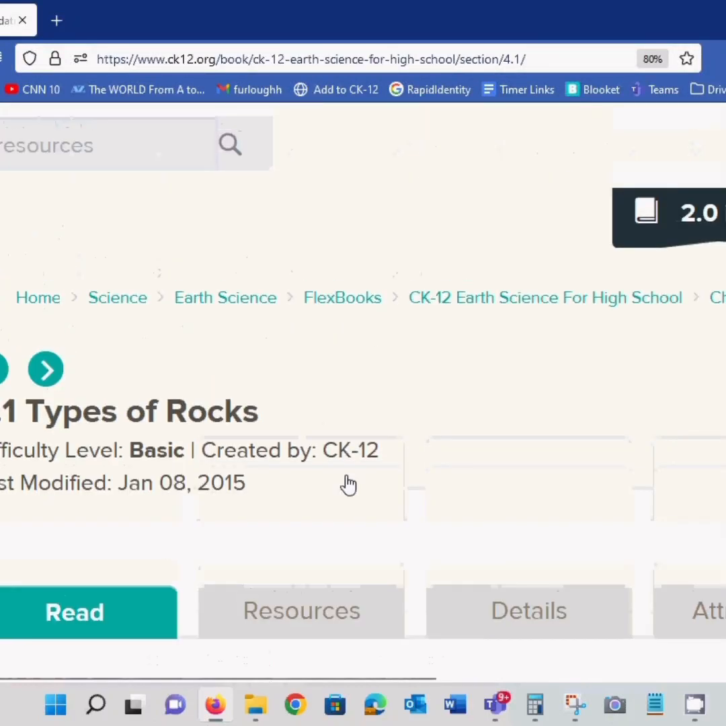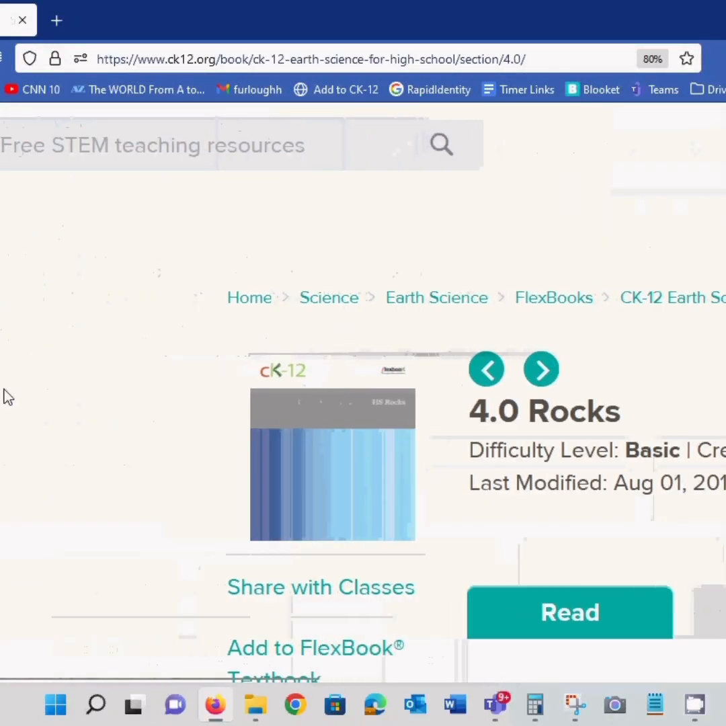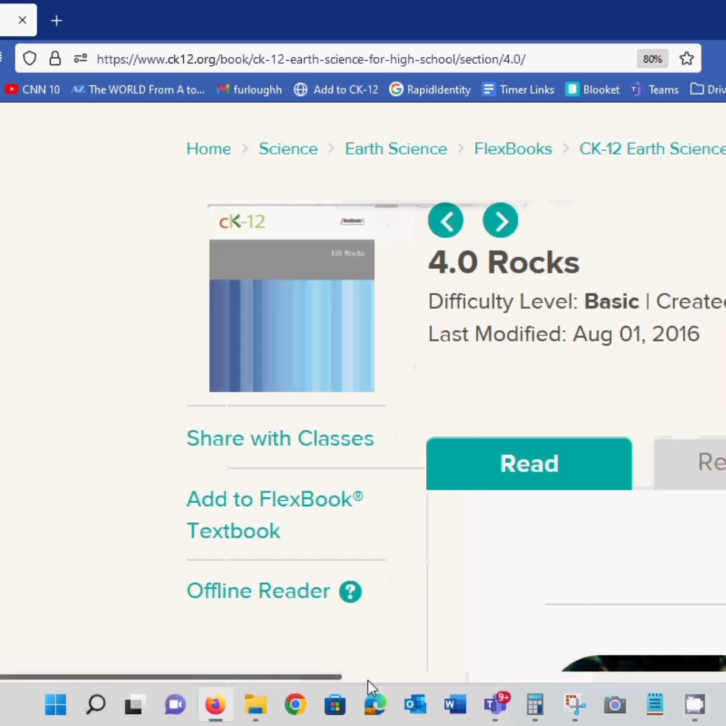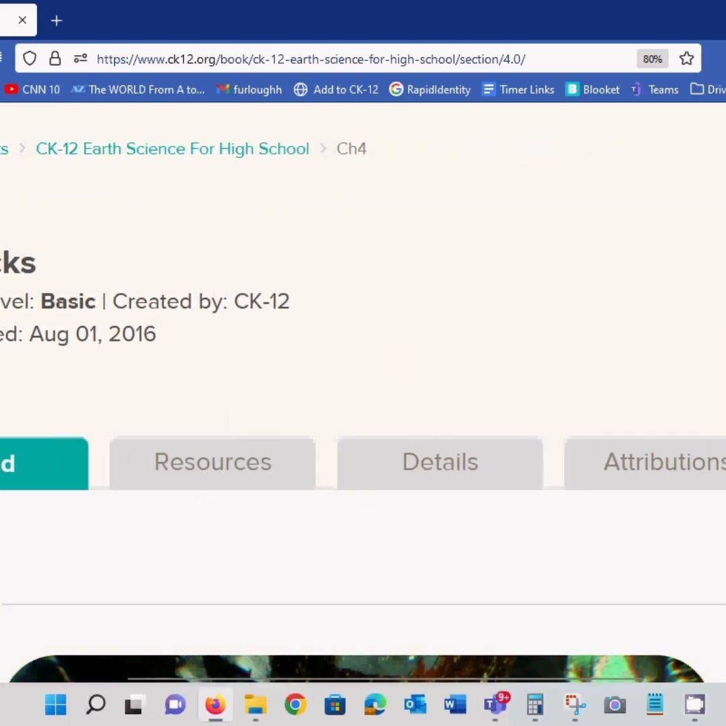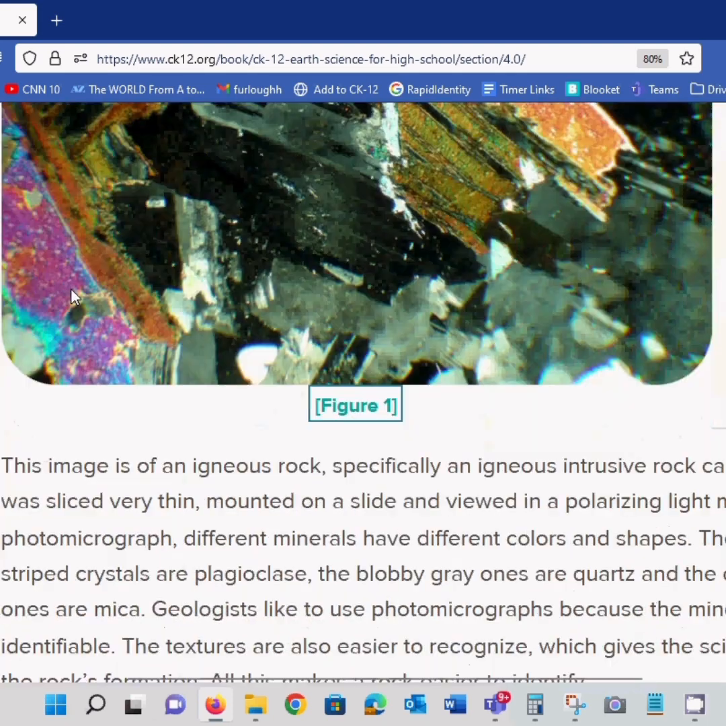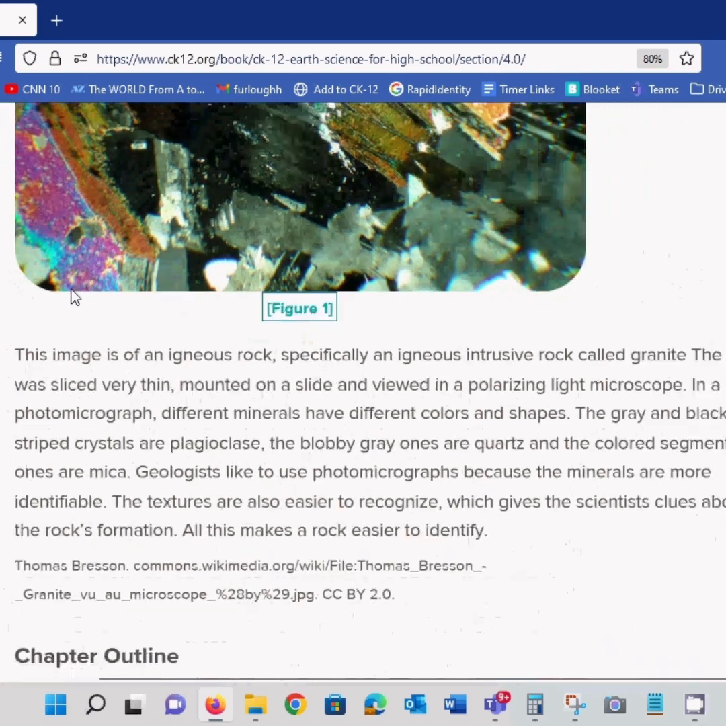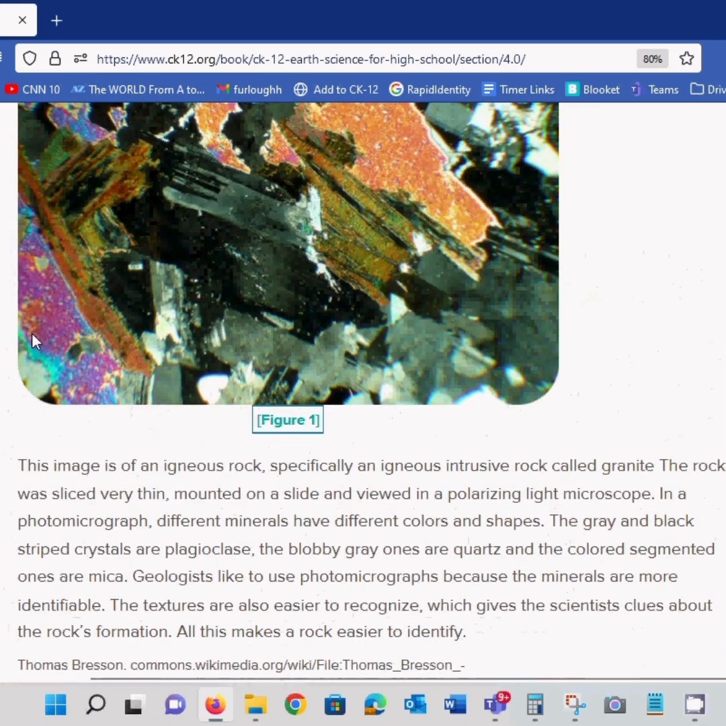So this is going to be a read aloud for Chapter 4, 4.1. So start off here, 4.0 Rocks. That's the title of the chapter. Here's the picture. And then the text below it says, this image is of igneous rock, specifically an igneous intrusive